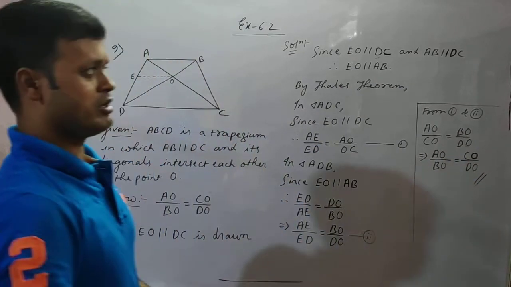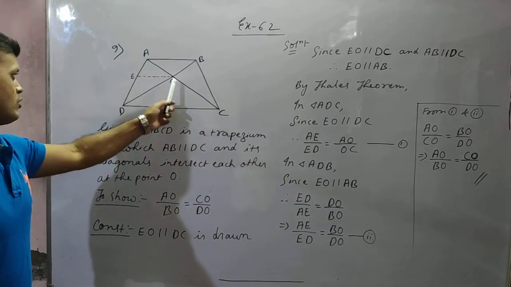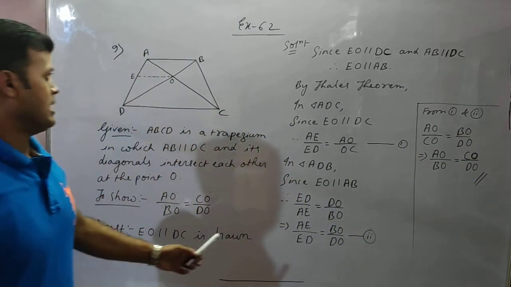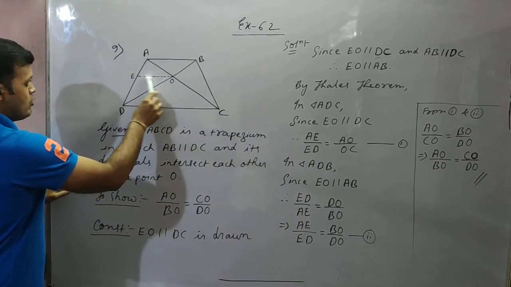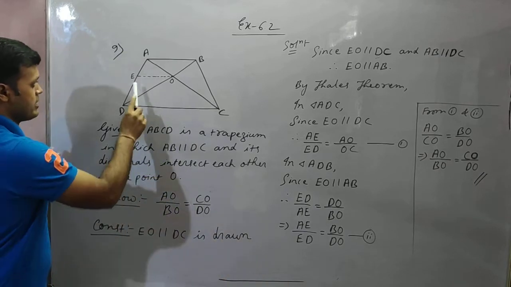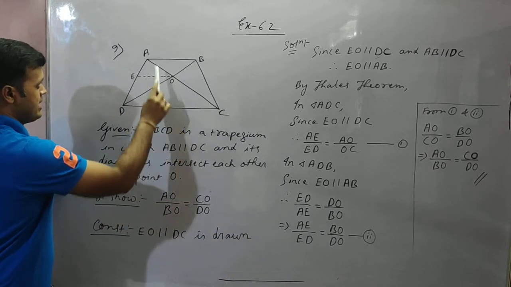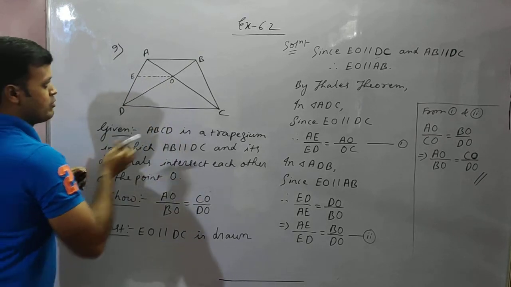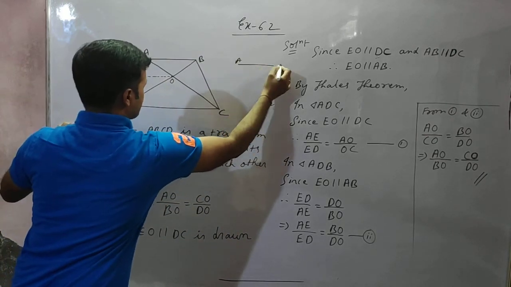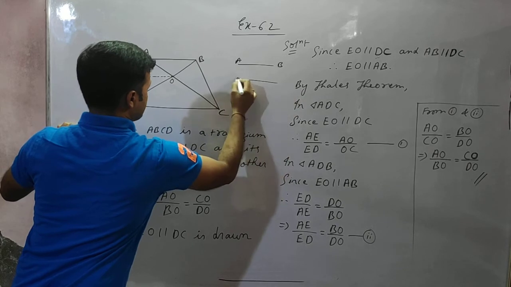So since EO is parallel to DC, and AB is also parallel to DC, that means EO will be parallel to AB. Look very carefully. This is AB, suppose, and this is EO,